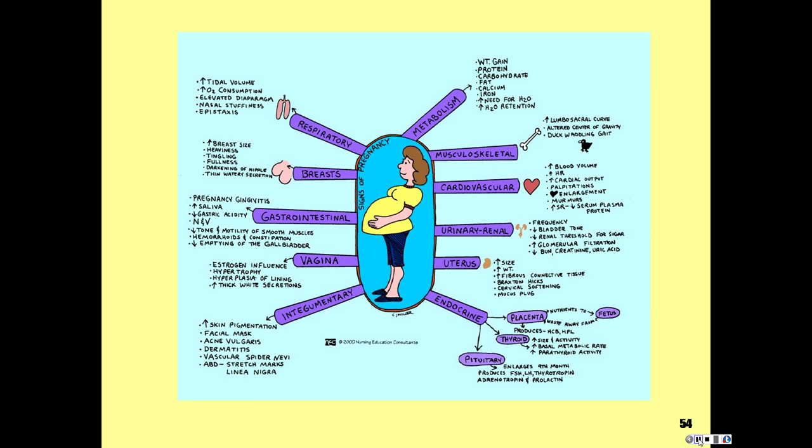This is a really good pictorial of changes during pregnancy. You can see that we have respiratory changes, metabolic changes, musculoskeletal, cardiovascular, urinary and renal, the uterus, endocrine, integumentary, vaginal changes, GI changes, changes in the breasts, and all of these changes happen to support a pregnancy and to support what the infant or the newborn needs to sustain after it gets here, as far as what it might require